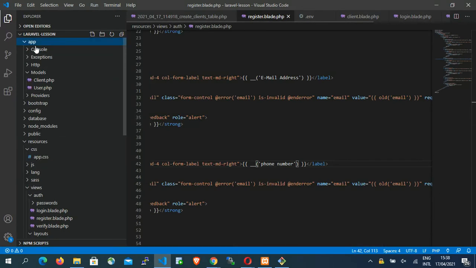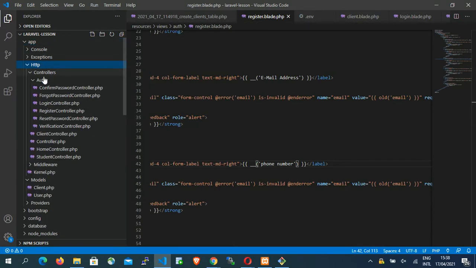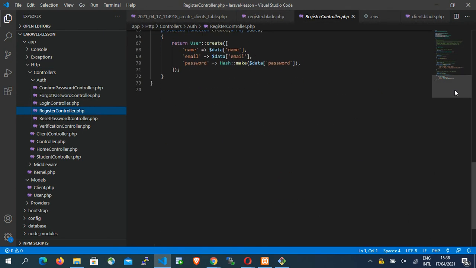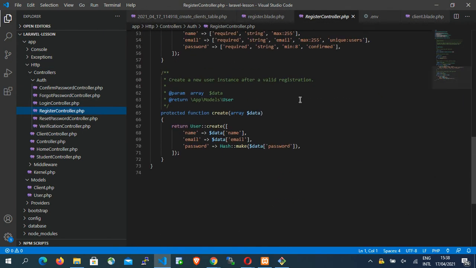Tukienda huko kwa controller, http, go to register controller. Itabidi ukuja hadi hapa, there is a place where we are creating this data. You see hapa hivi what tuna create the name, the person na the image. So you need to come here also, you add the phone number, kuandika hapa phone number. Then after that run a fresh migration ili uupdate table yako. Then after that